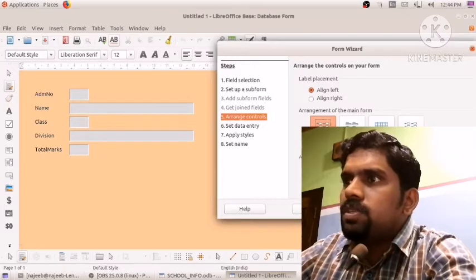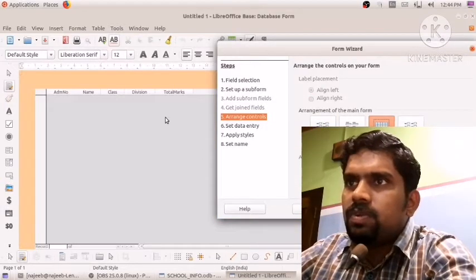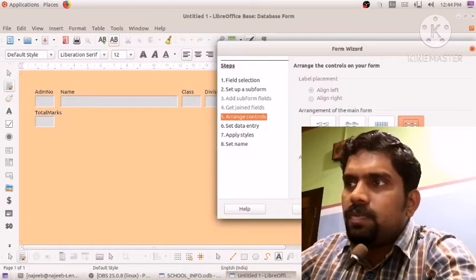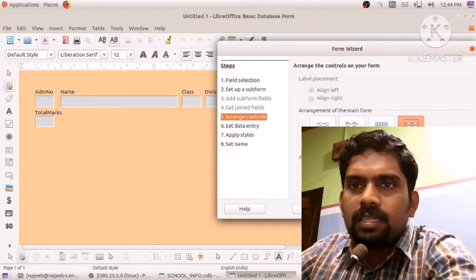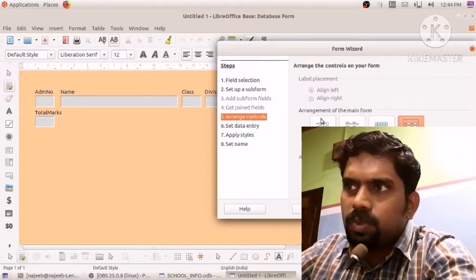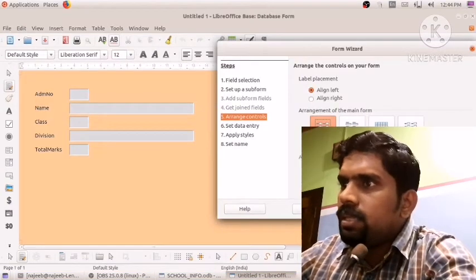The second one will be like a grid view. But the first one is very good, I think. So we click on the first one, then click next.